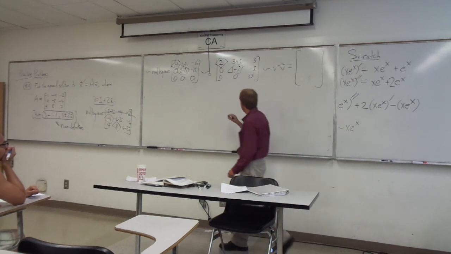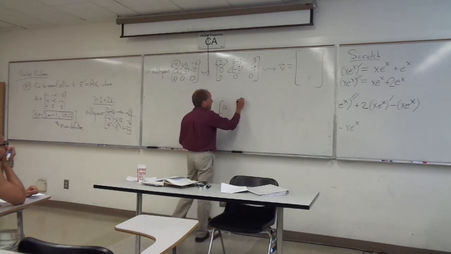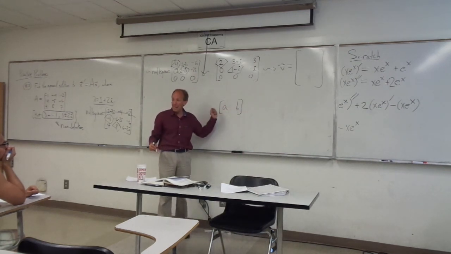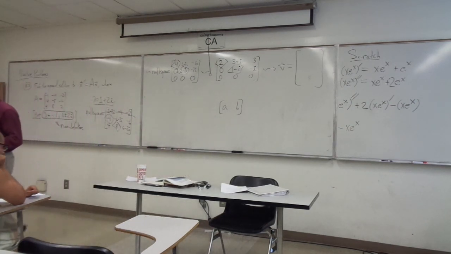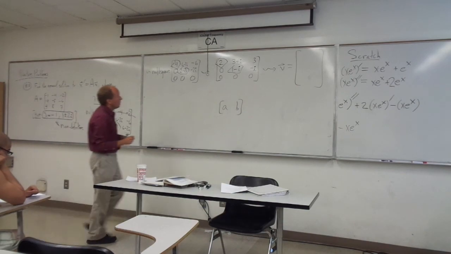Do you guys remember the little trick? If I only have 2 entries and I want to kill those 2 entries, say A, B, how can we do that again? B over E, not negative A. Right, you